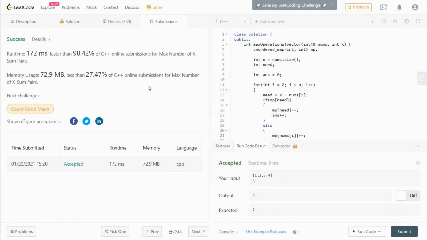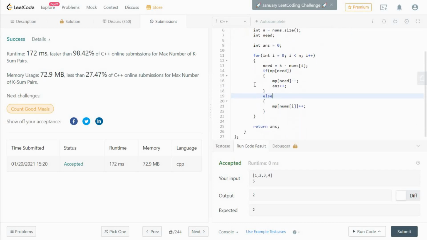So I hope you understood the logic. And as you can see, this solution used a lot of memory, but it is necessary because we are using a map. We can save some memory by not storing those integers which are greater than the required number k or equal to k, but that won't make much of a difference. And the other solution which we saw, the two pointer method, its time complexity is more, but it does not use any additional space. So these are the trade-offs between both of these solutions.